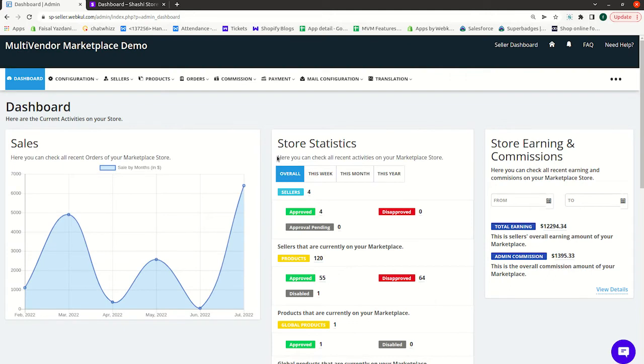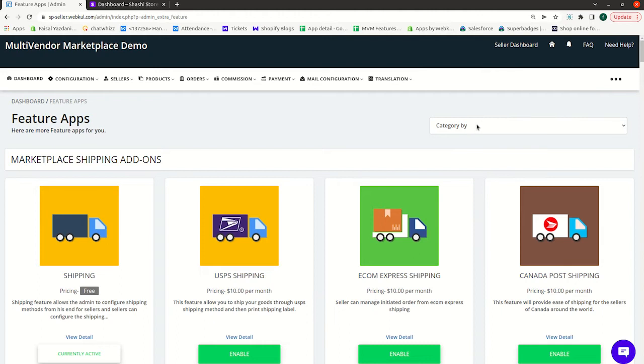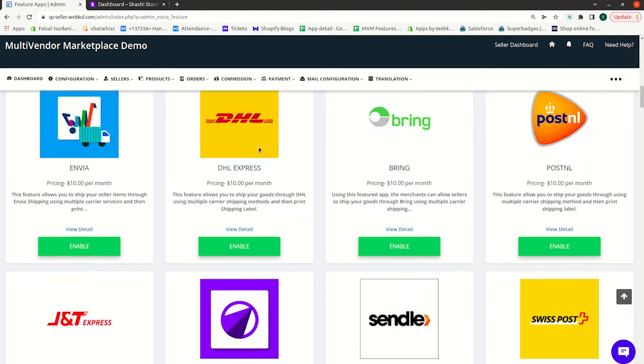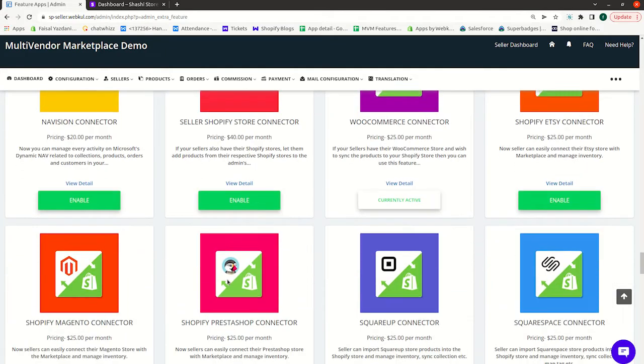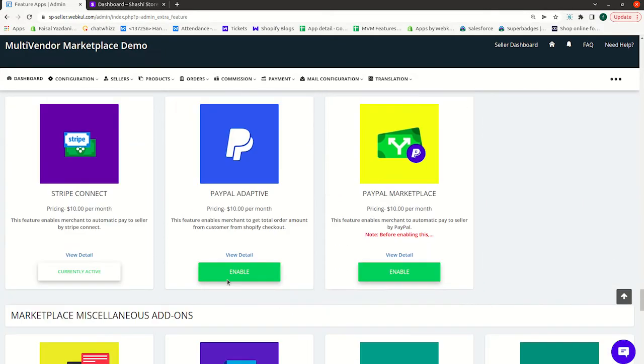Now let's see how we can install it on your multi-vendor application. Firstly, we need to go to the feature app section, and in the marketplace add-on you will find this Stripe Connect feature app.